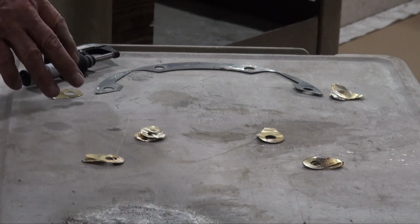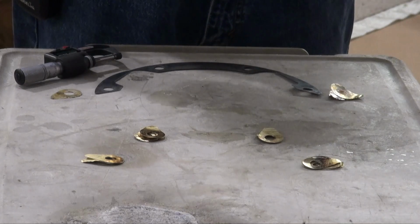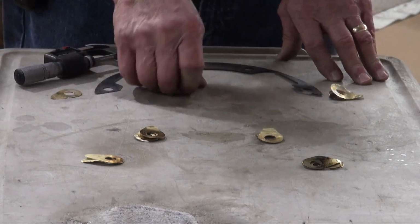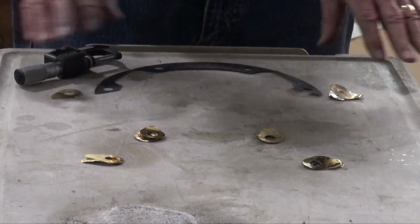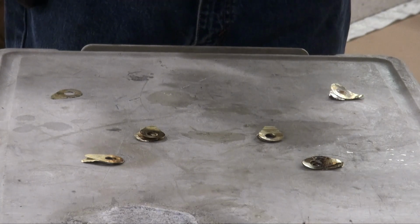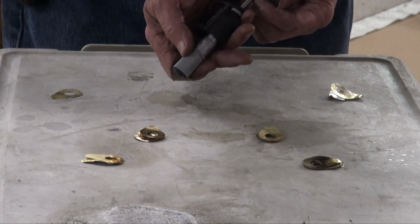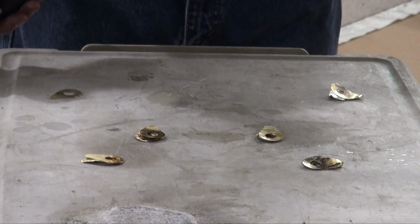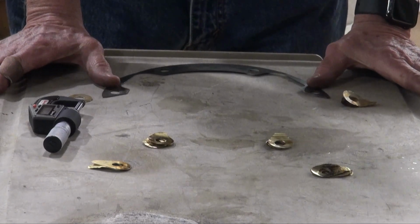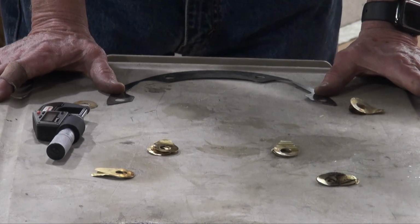The problem with this configuration was that it put the field coil and the magnets too close. On one side it was right at 25 thousandths, which is the minimum. And on the other side, I couldn't get the 25 thousandths feeler gauge to go through, so it's too close. This forward shim measures about 16.5, 17 thousandths. So I'm going to come up with a shim pack configuration that cuts that 16 thousandths in half. I want a shim pack that's about 8 thousandths,